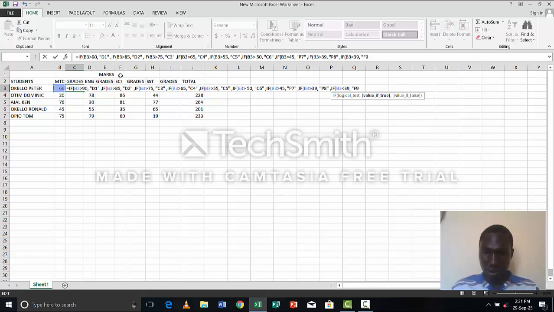So such a student, I said, will be giving F9. Yeah. Now this one, I should make it clear. We are supposed to close all the brackets we have opened, and if you see, they are of different colors. This one is our first bracket, this is the second one, this is the third bracket, the fourth one, the